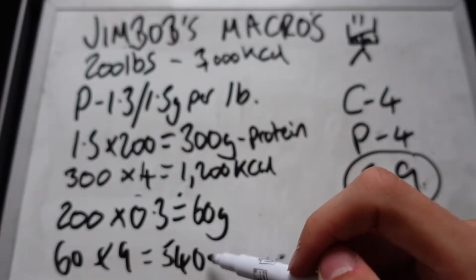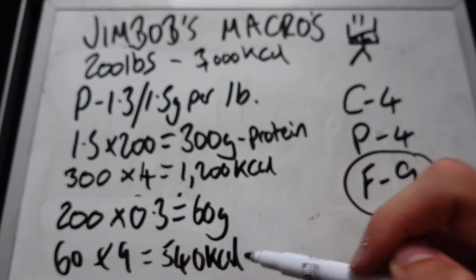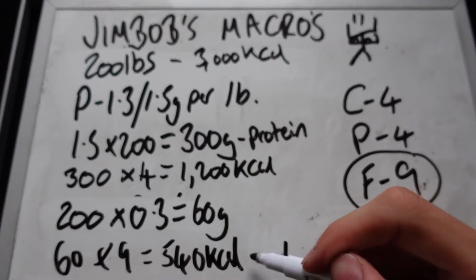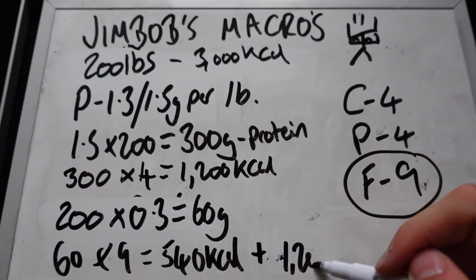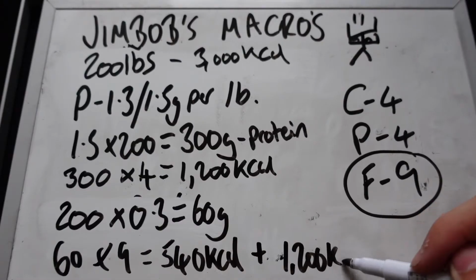So we have 300 grams of protein, we have 60 grams of fat. And we times the fat by 9 because fat is 9 calories per gram. So that means 540 calories of the 3,000 are going to come from fats. Now we add the protein calories and the fat calories together. So it's 1,200 plus 540, and that equals